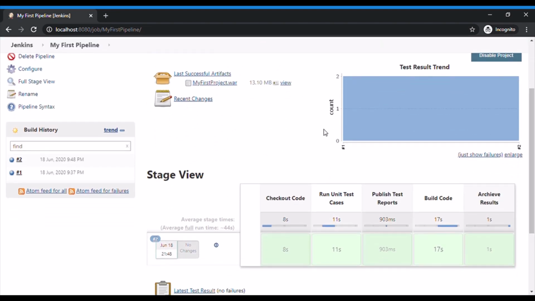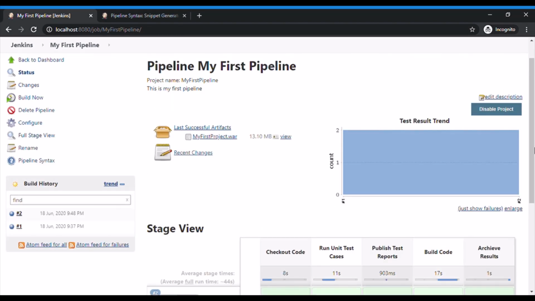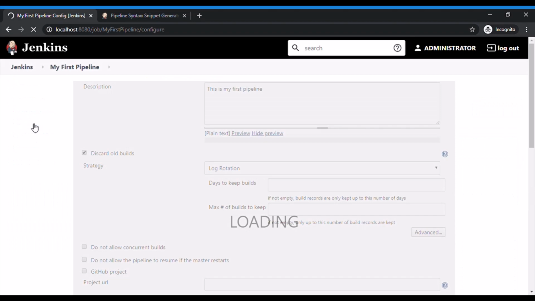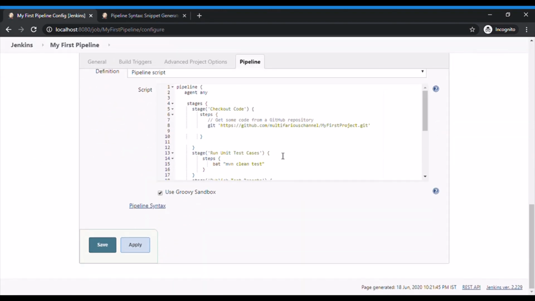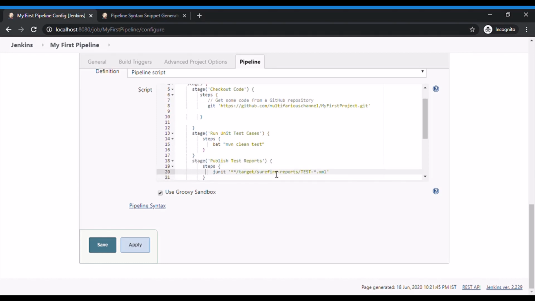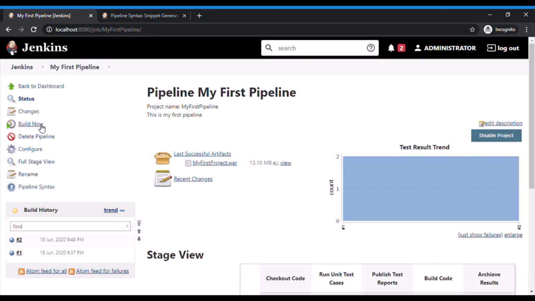I'll modify my configuration a little bit so that we can add a JaCoCo report also. So just click on configure. In the publish report stage, I'll be adding JaCoCo plugin so that it will be providing me the code coverage report also. So I'll be just calling the function for JaCoCo. Click on save. Now click on build now. And let's wait for this build to be finished.